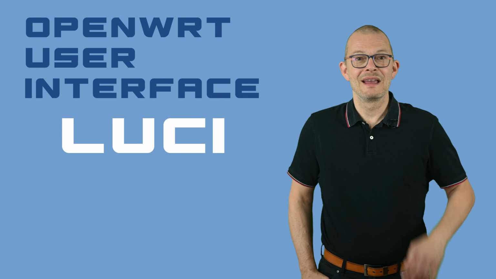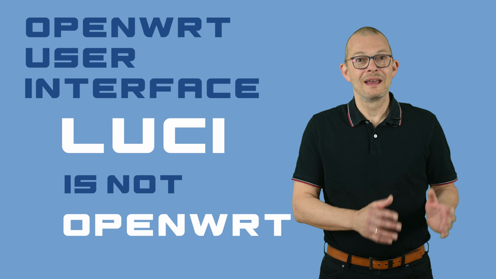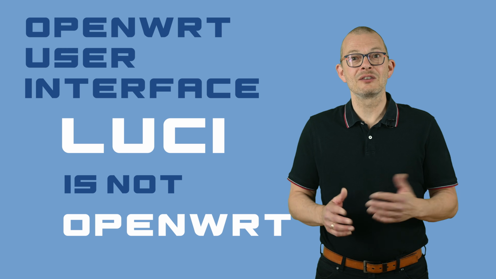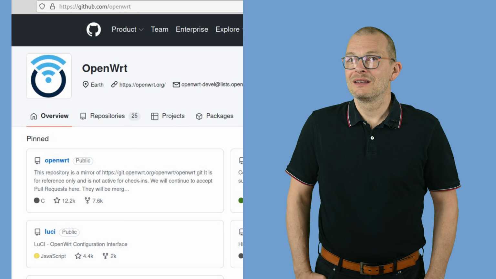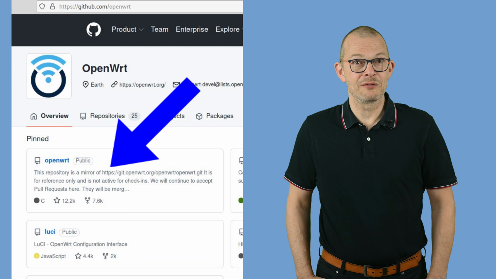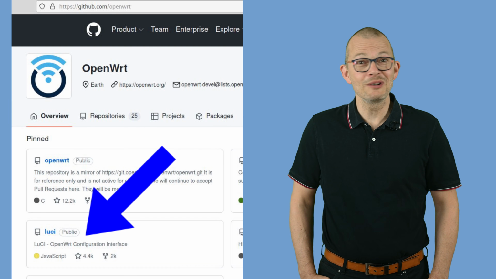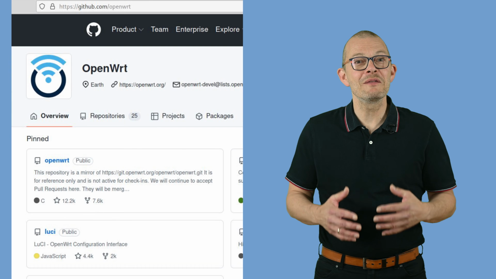Guys, just a reminder, the OpenWrt software on one side and the web interface on the other side are two distinct projects, right? You can find both on the OpenWrt GitHub, one in the OpenWrt repo and the other in the LuCI repo. Very often people who don't like OpenWrt mostly refer to its user interface, LuCI, rather than to OpenWrt itself. On the other side, devices that are sold under a certain brand, like, I don't know, Linksys,